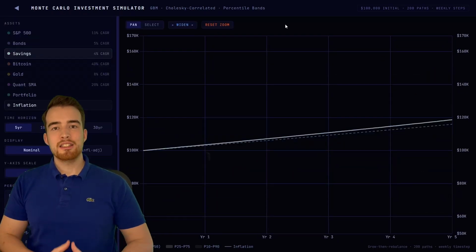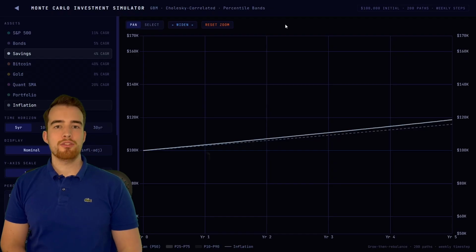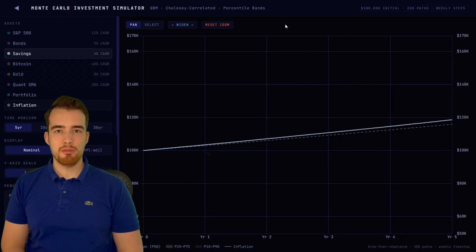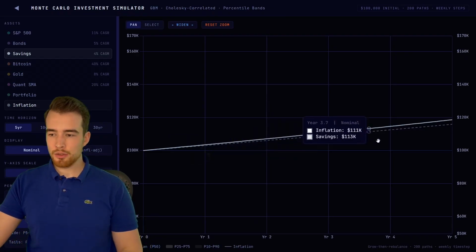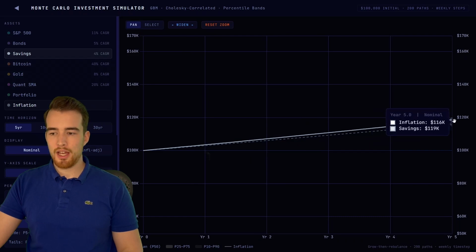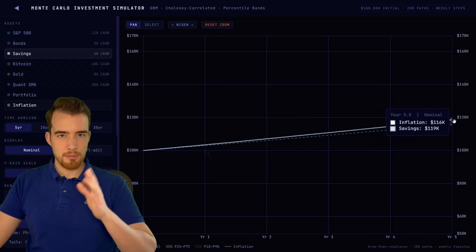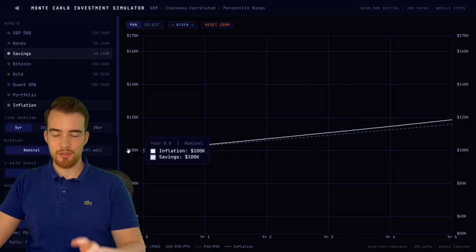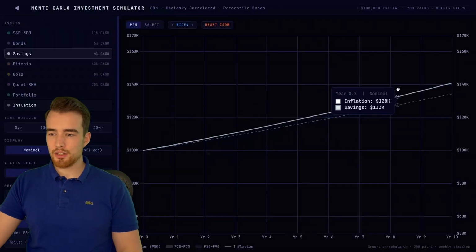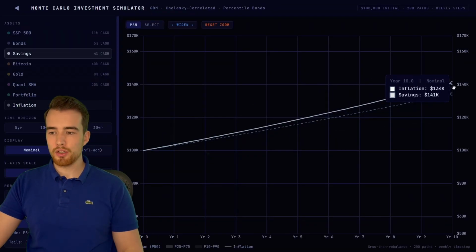Then let's look at the savings account, which is sort of for a lot of people, especially I guess in Western Europe and Germany, the default option for where to park their money, basically, perhaps grow it a bit. So this is the nominal value. At the end of 5 years, we have approximately in the median 116,000. So that means 16% return over 5 years from 100,000. We always start at 100,000 here. And over 20 years, the median is 34% return,